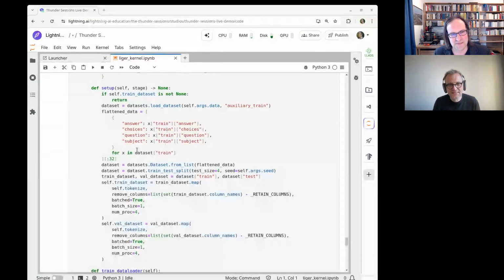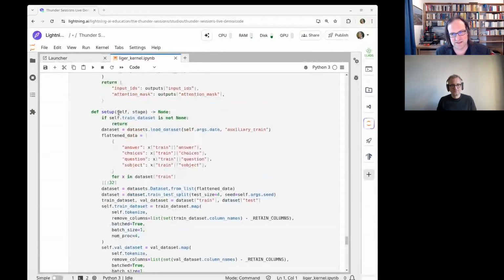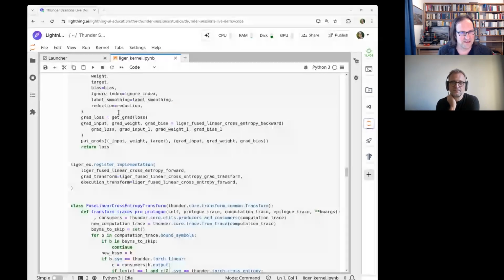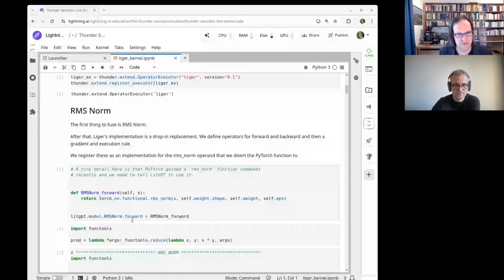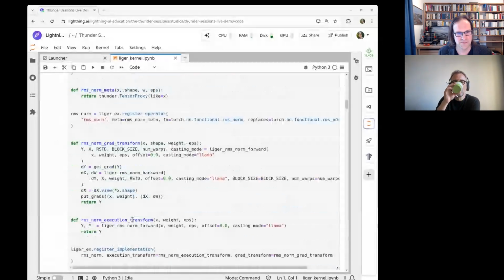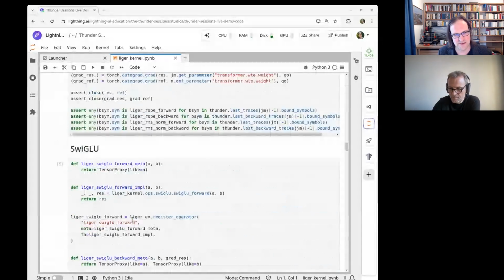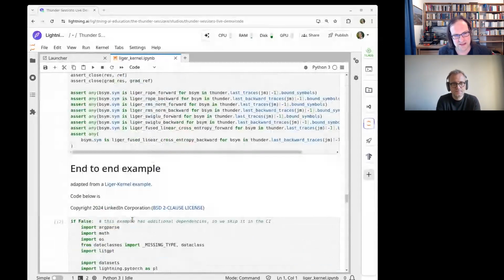Okay, so we can go back up. We defined our executor, imported the Liger kernel functions, and then implemented them one by one and checked them.